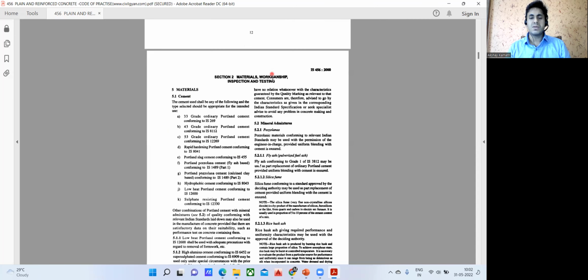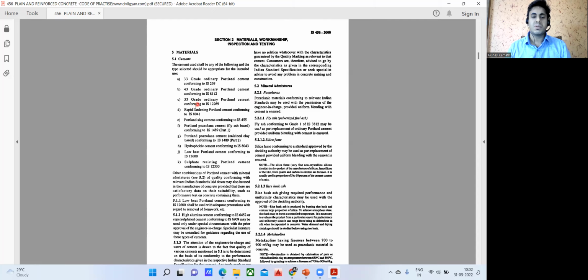Then it starts with section number 2, that is materials, workmanship, inspection and testing. Like, what materials you are supposed to use, how the workmanship should be, what tests you are supposed to conduct, and how the inspection has to be done. So coming to the cement,